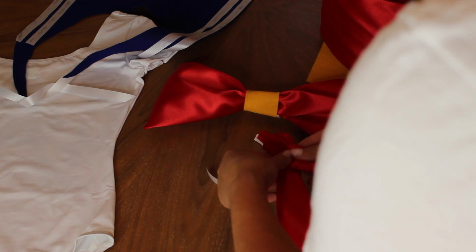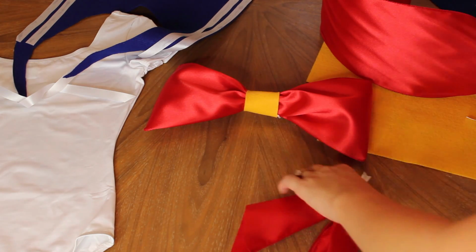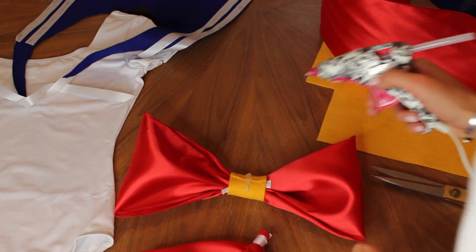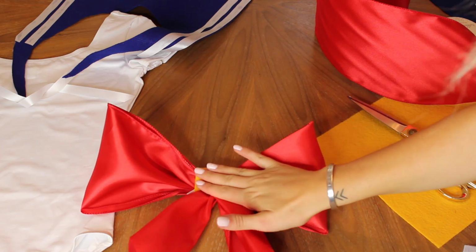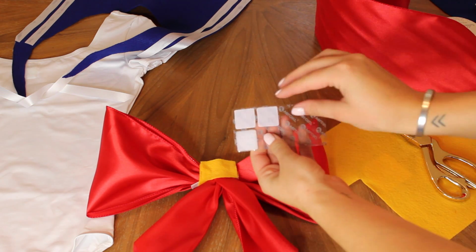And then I'm just going to tie those 2 pieces together with a piece of ribbon and then cut off all the extra fabric and ribbon just so it's not too bulky. Then I'm going to hot glue gun that to the back of my bow. And then I'm putting another piece of yellow felt on top of that just so it's flat for my Velcro